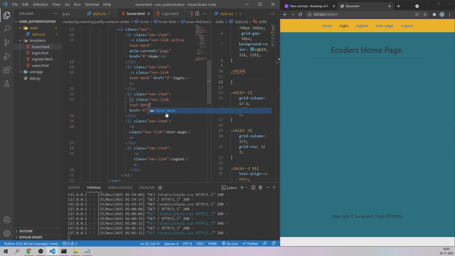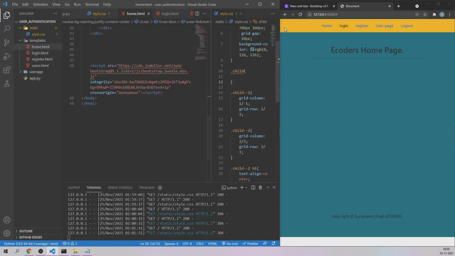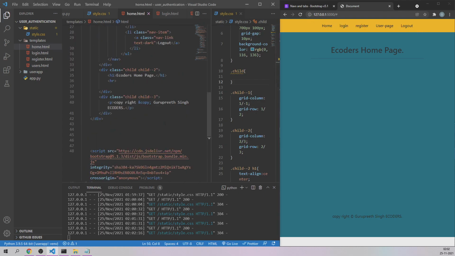These are the Bootstrap class names. So for the user page as well, text-dark. Save it, and the last one for the logout button, text-dark. Let's save it and done. Let's refresh this page, and as you can see, all of them have become black in color.